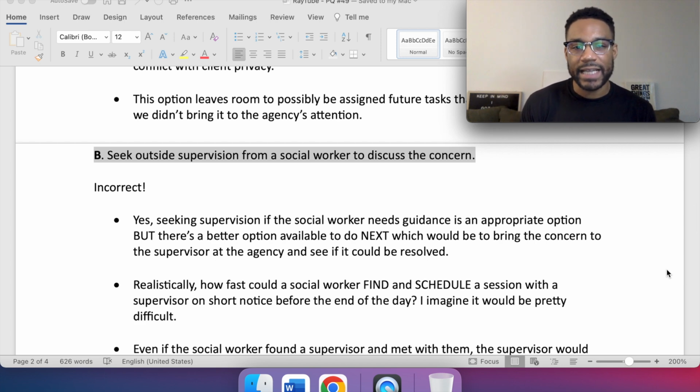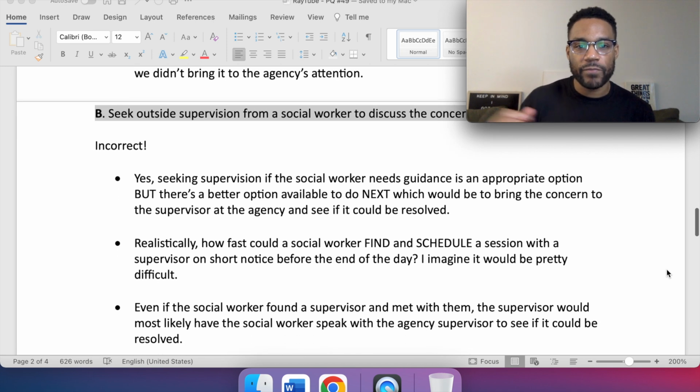This is incorrect. Seek outside supervision from a social worker to discuss the concern. Wait a second, Ray. I thought if there's an ethical concern or anything like that, we discuss it with a supervisor. True, but the context of the scenario that we're in is important. Yes, seeking supervision if the social worker needs guidance is an appropriate option, but there's a better option available to do next, which would be to bring the concern to the supervisor at the agency and see if it could be resolved. Realistically, how fast could the social worker find and schedule a session with the supervisor on short notice